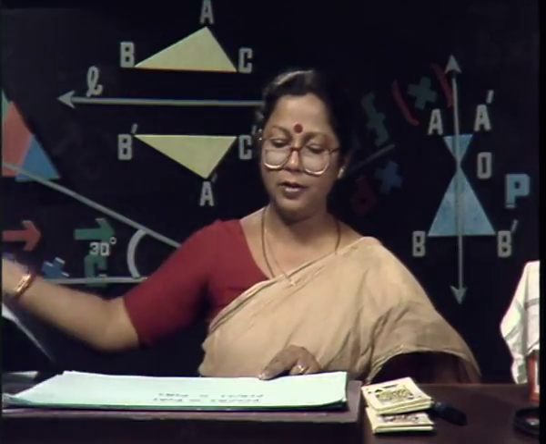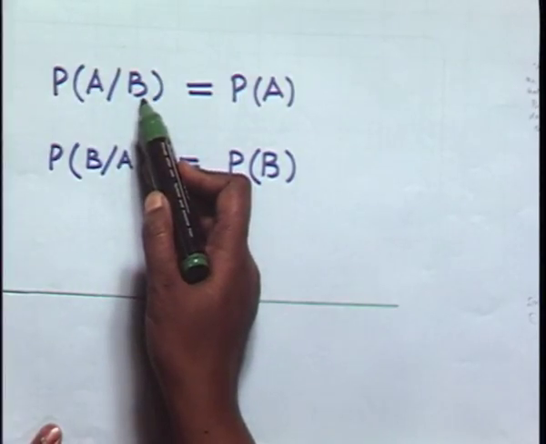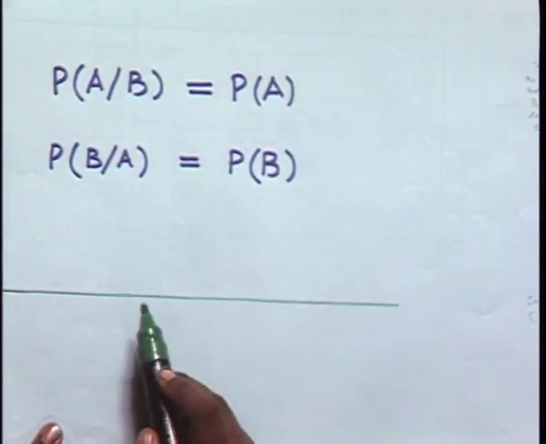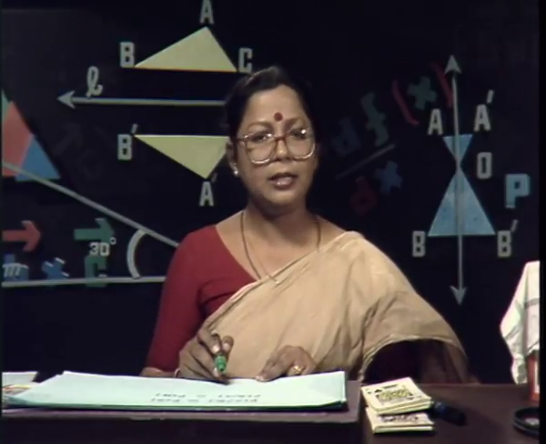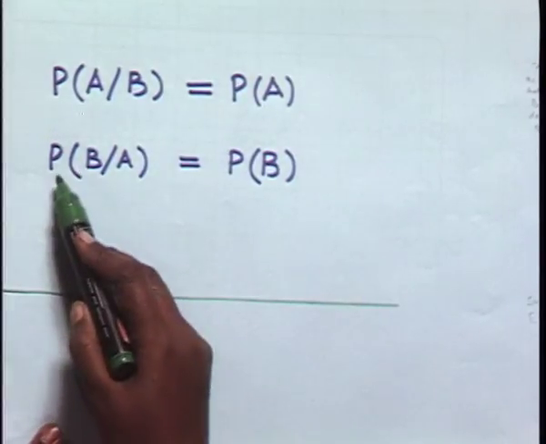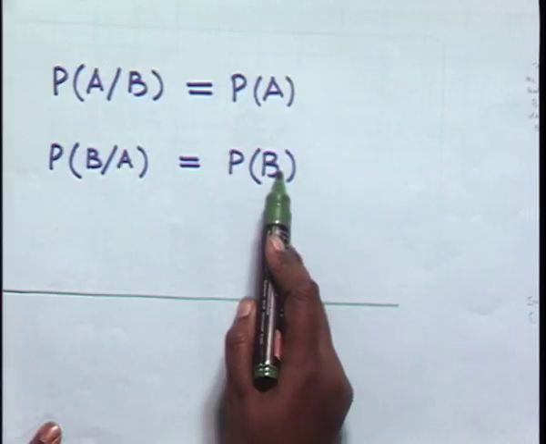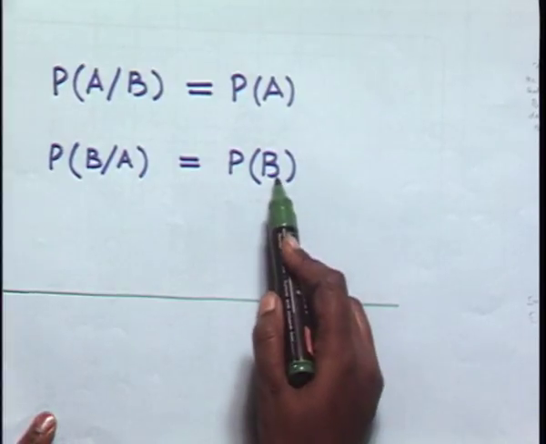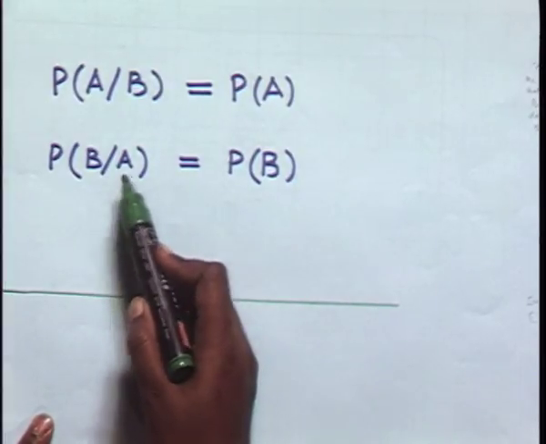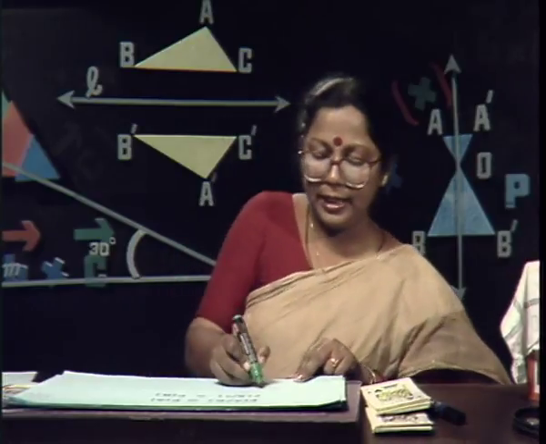Thus, we found that probability of event A when event B has already occurred is equal to probability of event A. This means that given the condition that event B has already occurred does not change the probability of occurrence of event A. Similarly, we found that probability of event B when event A has already occurred is equal to probability of event B. So, similarly here also it means that the condition that event A has already occurred does not change the probability of event B. Such events are called independent events,